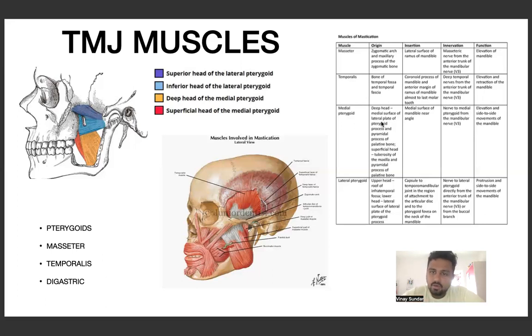So medial pterygoid originates in the lateral plate, the medial surface of the lateral plate of the pterygoid process. Now coming to lateral pterygoid, the upper head originates from the roof of the ITF, the infratemporal fossa, while the lower head originates from the lateral surface of the lateral plate of the pterygoid process. The point to note here is, both your medial pterygoid and the lateral pterygoid originate from only the lateral plate